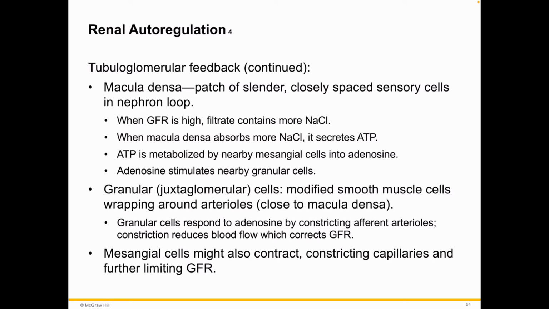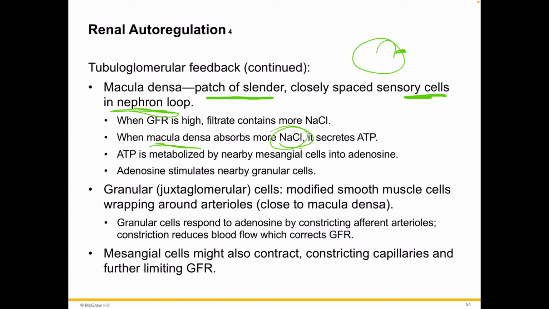To the glomerular feedback continued. Okay, so the macula densa is this tiny bit of slender sensory cells at the back of the nephron loop, kind of like the macula in the back of the eye, right? So we have this little dense area of sensory cells, and it's sensing pressure. So when GFR, glomerular filtration rate, is high, we're going to have a lot more fluid, and along with it a lot more salt. And so what happens is when that salt hits the macula densa, it's going to absorb more of it,